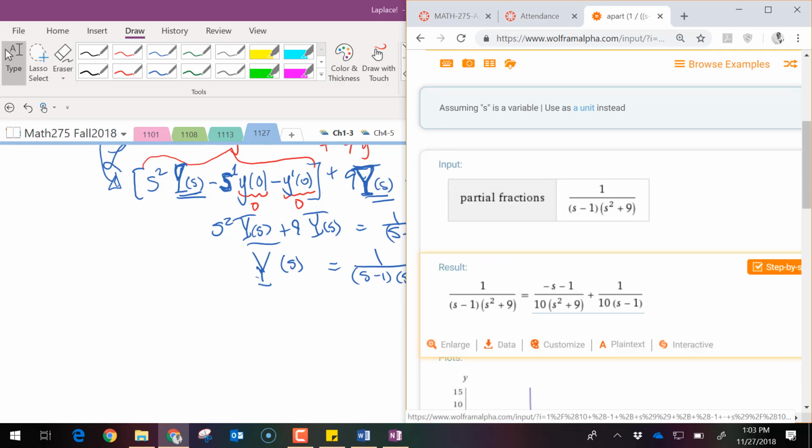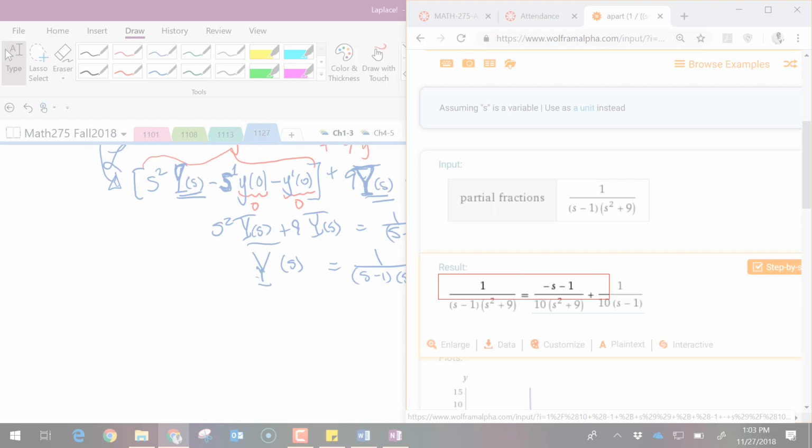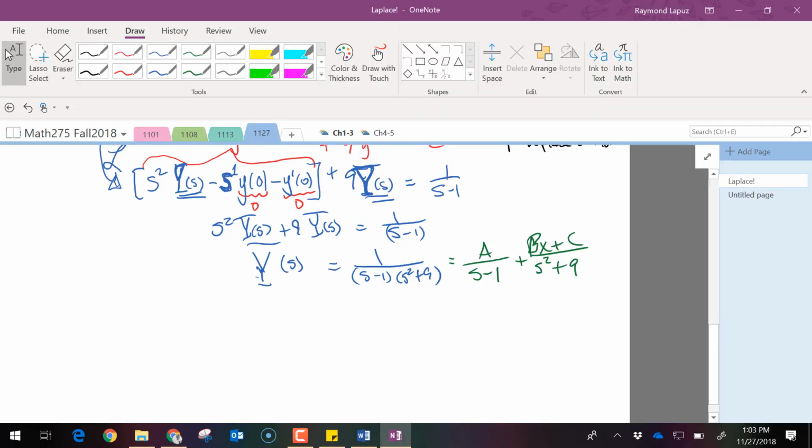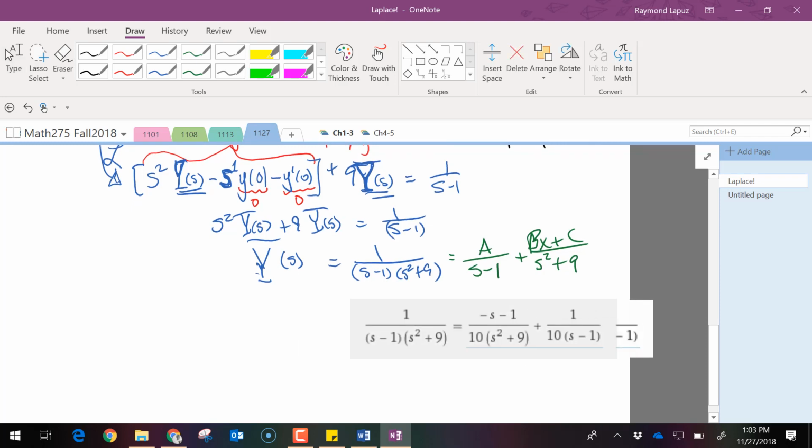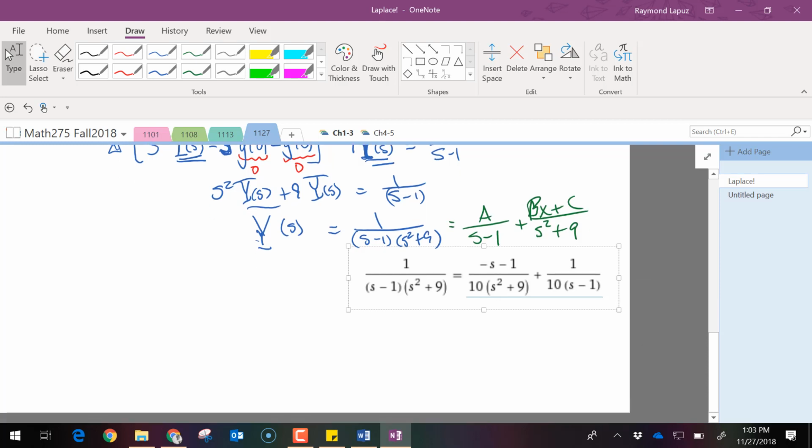So we have this result now where we can take a look at each term, and each term looks like one of those Laplace transformations that we did. The only thing that we probably need to consider is to take a look at this expression over here, because there's no expression where we have a linear and an irreducible quadratic down in the bottom. So we need to split this up into a couple